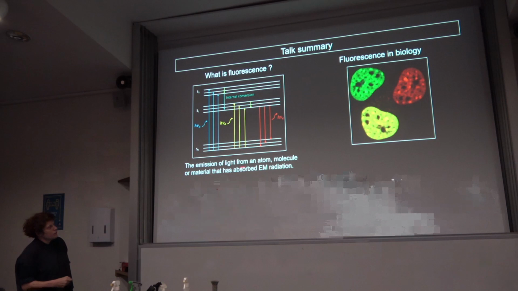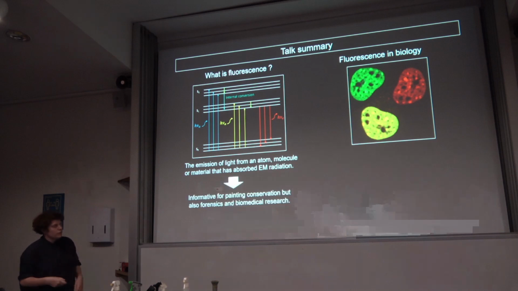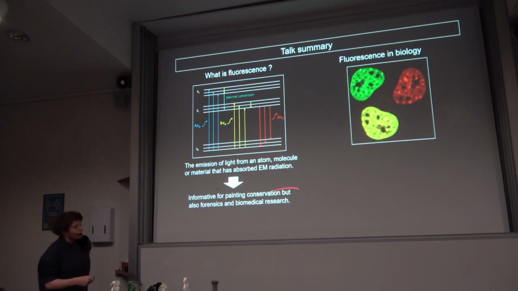It's the emission of light from an atom or a molecule or any material that absorbs electromagnetic radiation. And it's informative for many areas. I showed an example in the field of painting conservation, but I'm sure you're familiar with forensics using it a lot, because a lot of bodily fluids fluoresce, and also biomedical research, which I've shown here in the